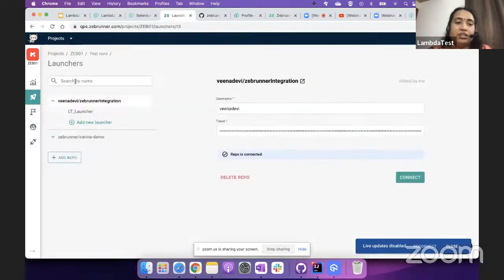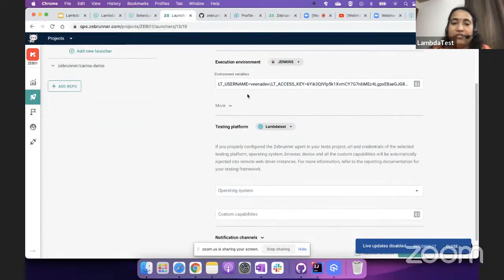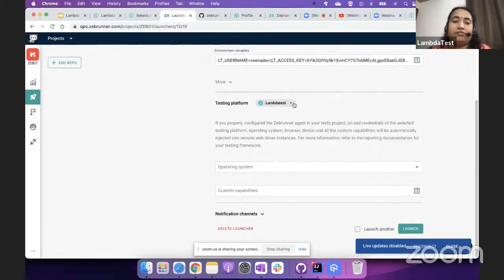So here is my launcher. I can configure my GitHub project, and after giving the platform keys, these keys and configuration are user defined. How you configure that in your project, whether it is picked up from a configuration file or within the project structure, you can define that. After all of that, the moment you launch here,